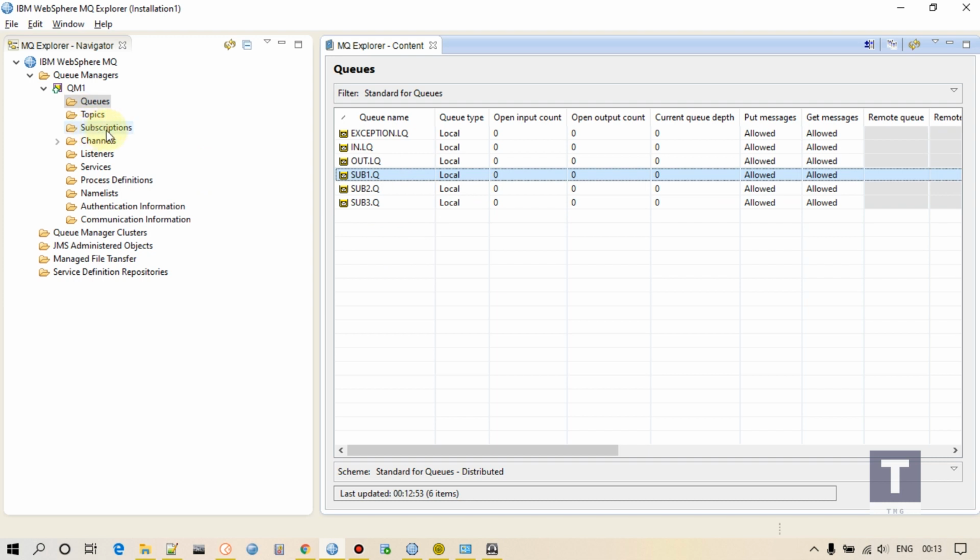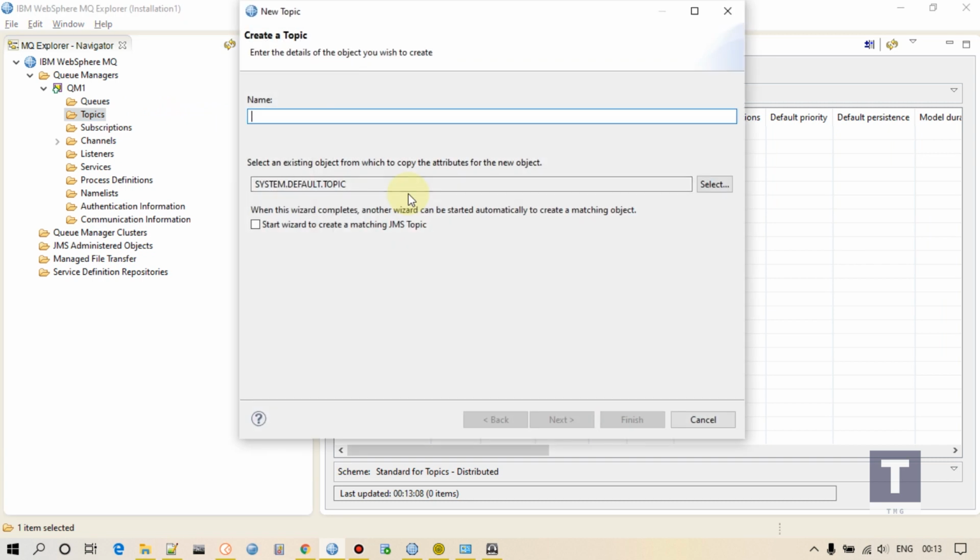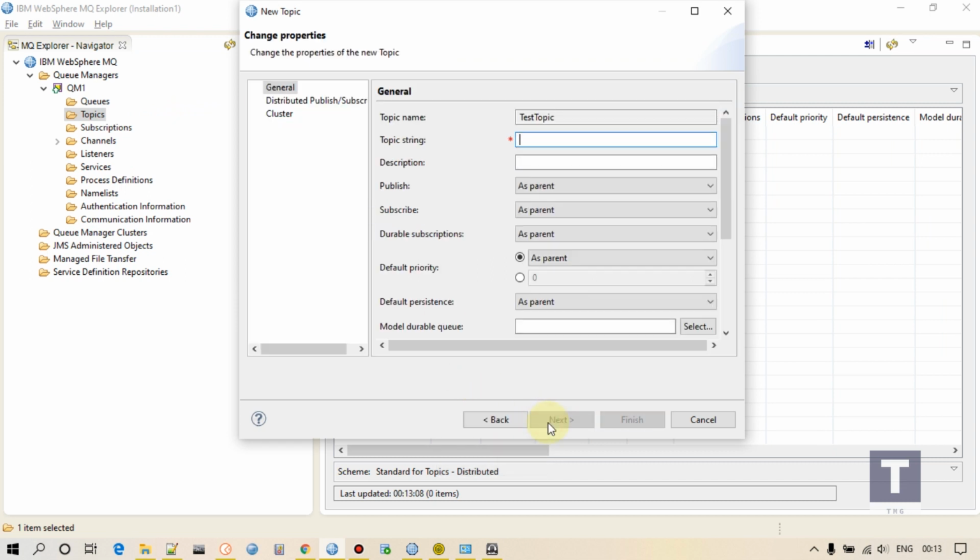Now let's go ahead and create a topic. Give any topic name. I am giving it as test topic. Click next. I can give any topic string, since every topic will have a topic string. Just write test string.